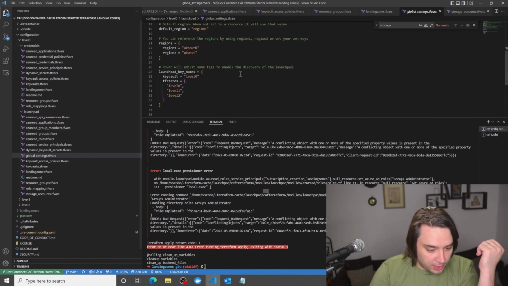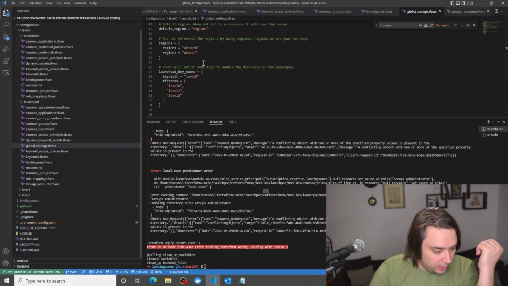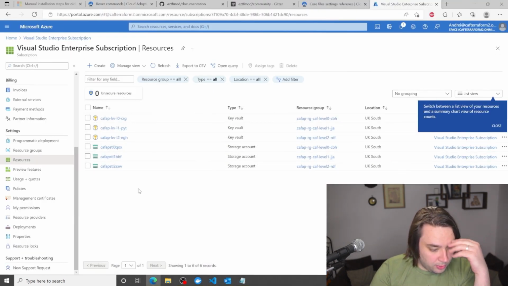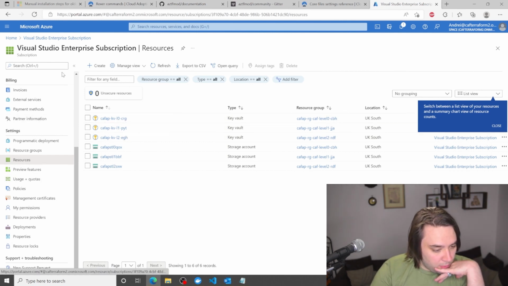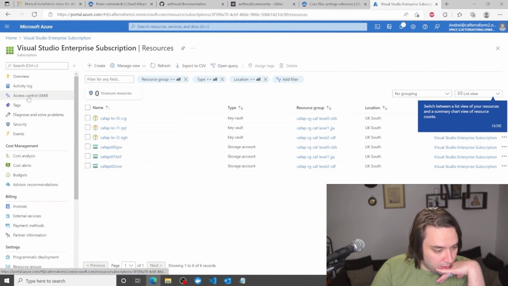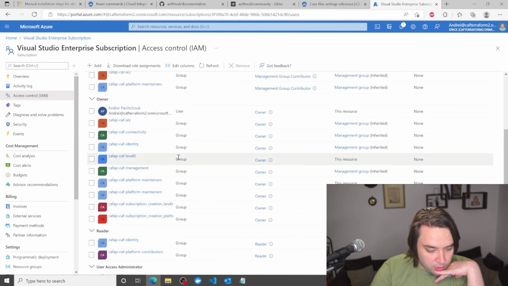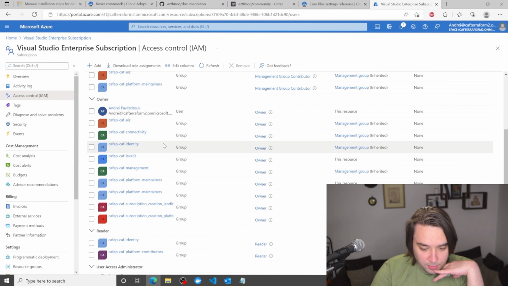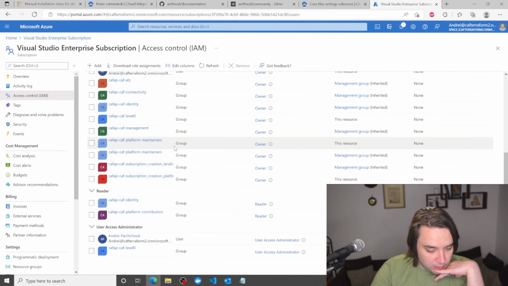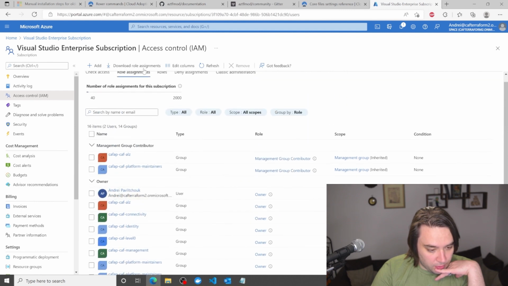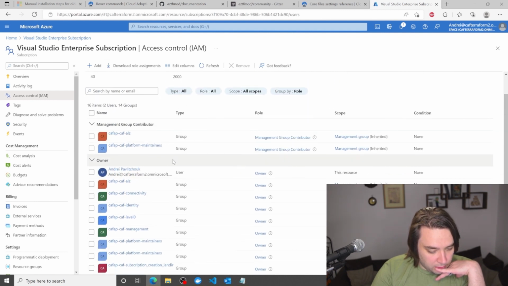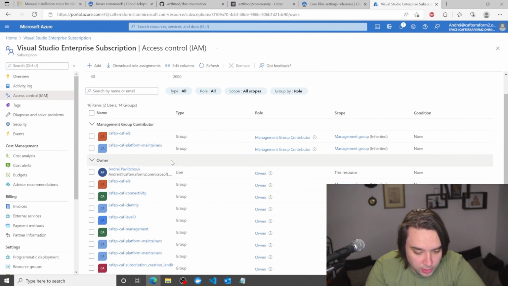So let's have a look at the actual throwdown. So we see a level 1, a level 2 has been deployed, and a level 0 for key vault, which is good. And if we just check out in the subscription, we will check out access roles, and we can now see a bunch of groups have been created for this role. So that's good. So that's now created for us.